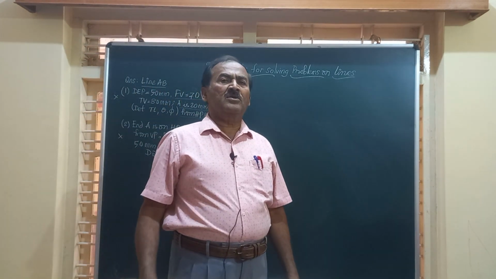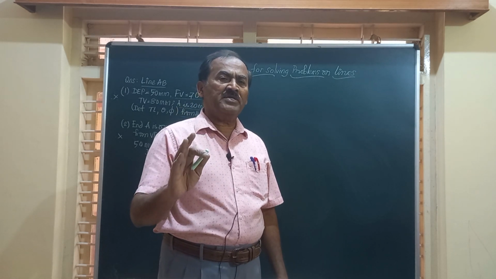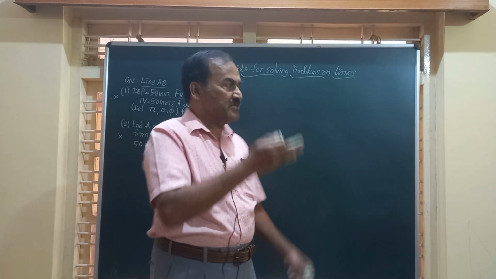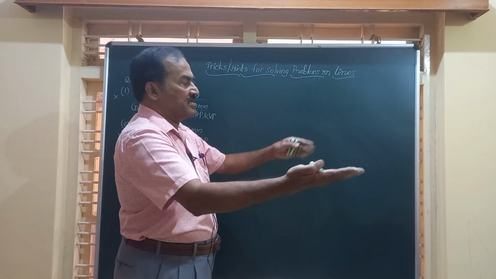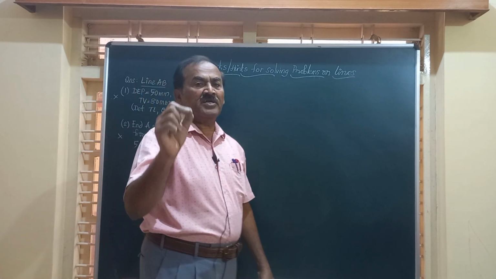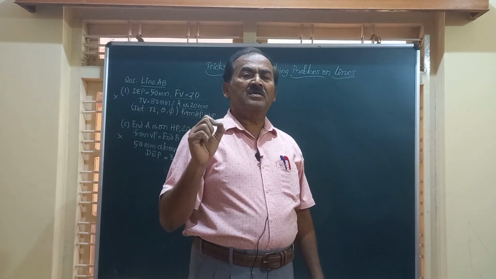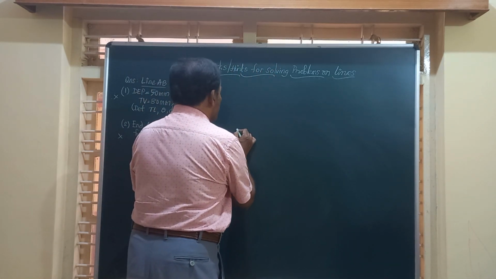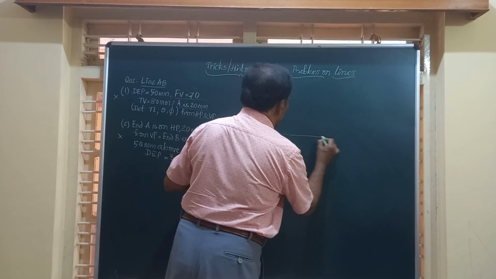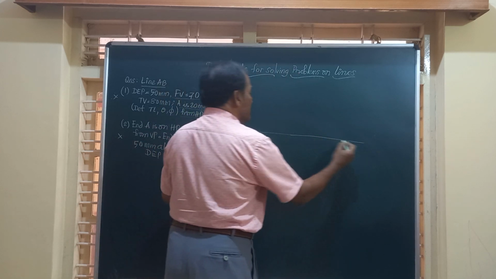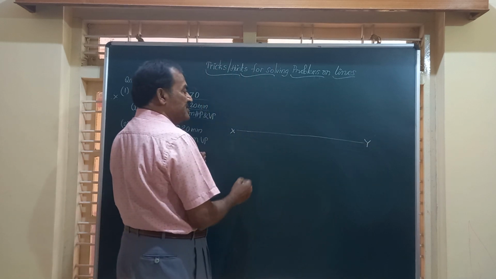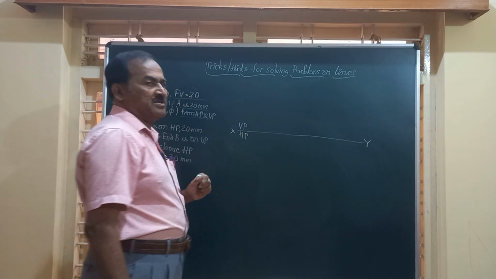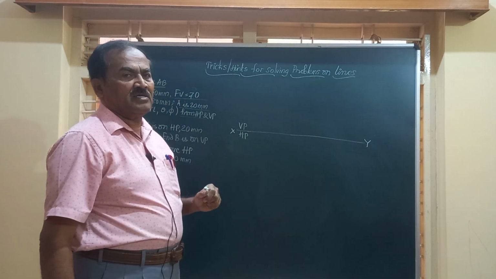Friends, whenever a point is on HP, irrespective of its distance from the VP, whether it is here, here, anywhere from VP, the front view of that point is seen as a point on XY. So friends, to commence, I am going to draw an XY line, and this XY line is the line of intersection of VP and HP, and mark VP and HP,